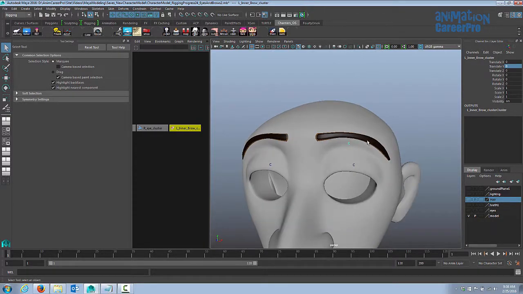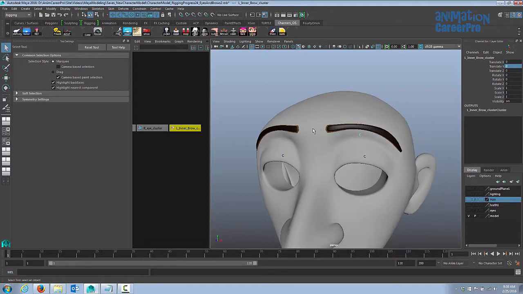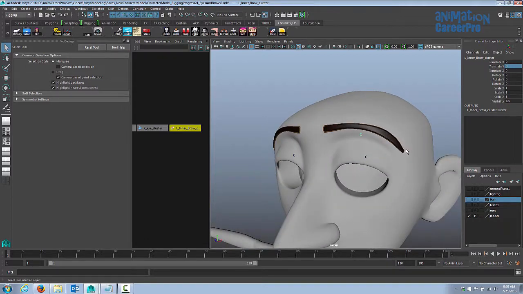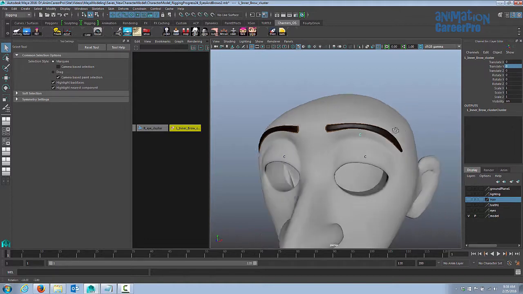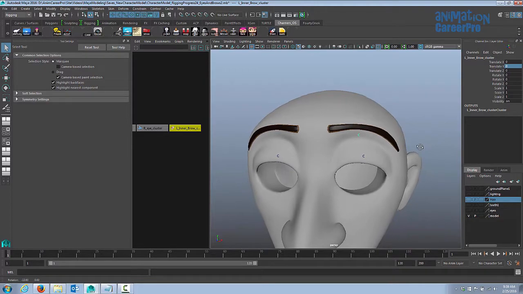The outer brow, really, we don't use it too much, because if you look in the mirror and move your eyebrows up and down and create any facial expression you can with your brows, the outer brow really just comes along for the ride. Most of the muscle in your brow area is concentrated near the inner and mid area, and really most of the muscle is in this general area. You can't independently move your outer eyebrow up and down or in any direction. We'll still create a control for it, because there's times when you do need to repose it. It's just good to have that control there in case you need it. Sometimes you're just using it as a fix.